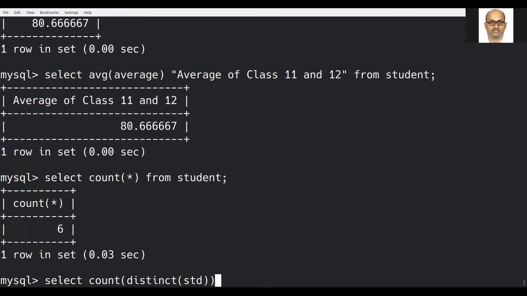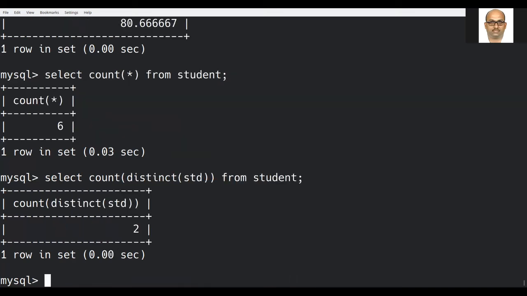So how do the results turn out? Let us check. See here, select count distinct STD means it is giving 2.